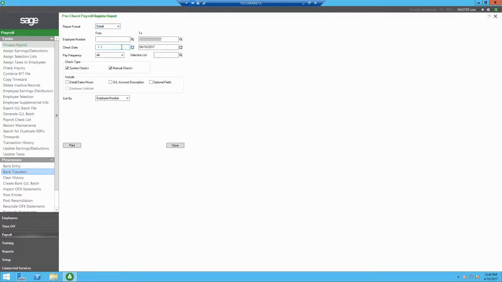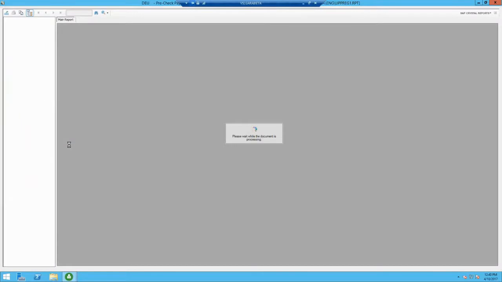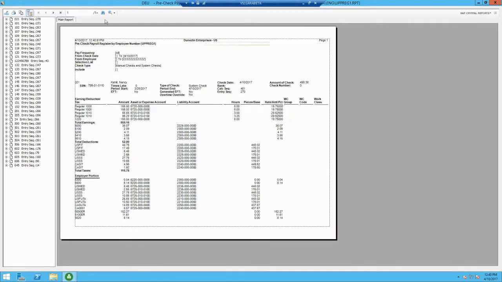Now, one of the things is that if you leave the check date blank here through the end date here, then you're going to get every check. So you want to make sure that the end date here is equal to or greater than your paycheck date that you ran the payroll for. In our case, our paycheck date is actually 4/10 also. So we're going to go ahead and come down here at the bottom left hand side and print this. So while this is printing and gathering our information, I'm going to go ahead and see that view,